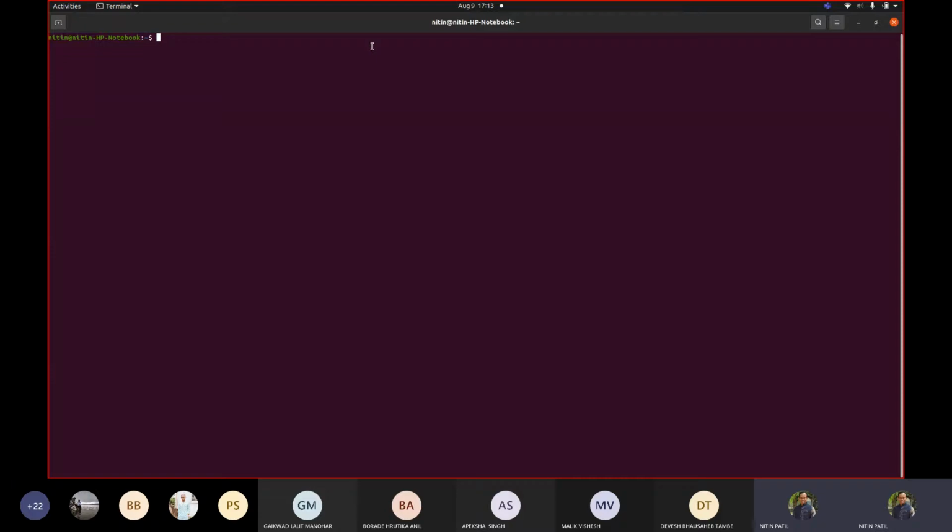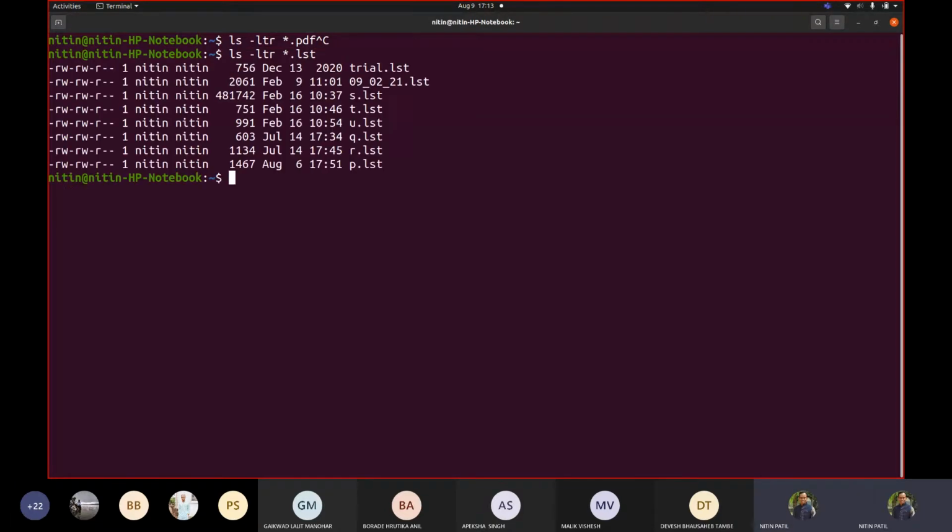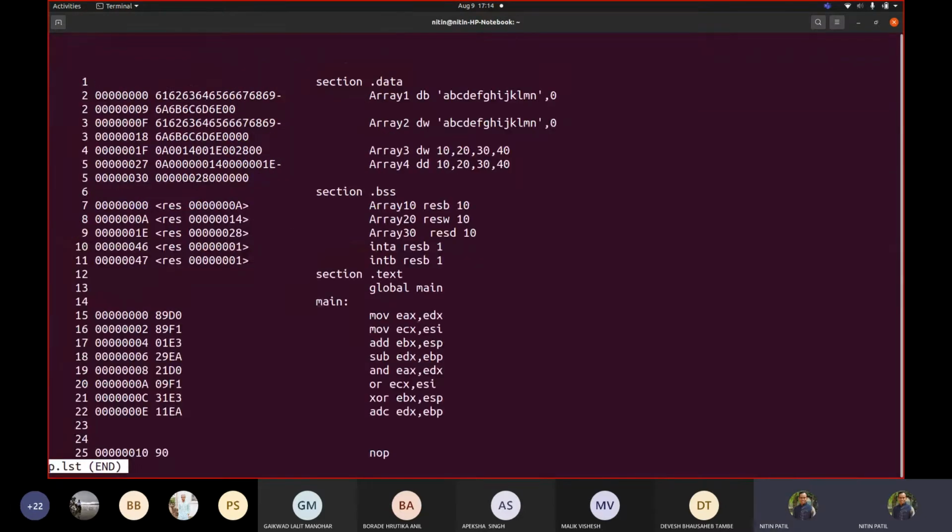If I take the example of, say, the LST file that we had, if I take this p.lst file, you will see here the computation for each and every element that is added.